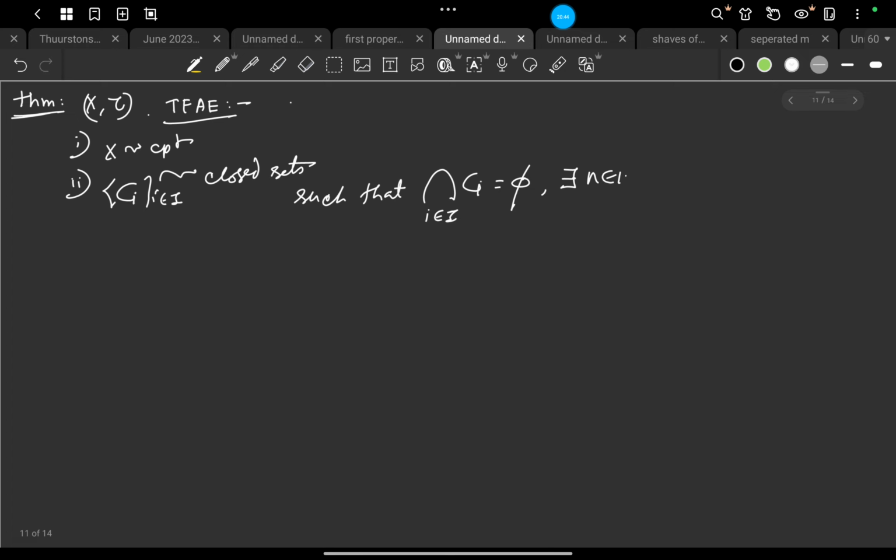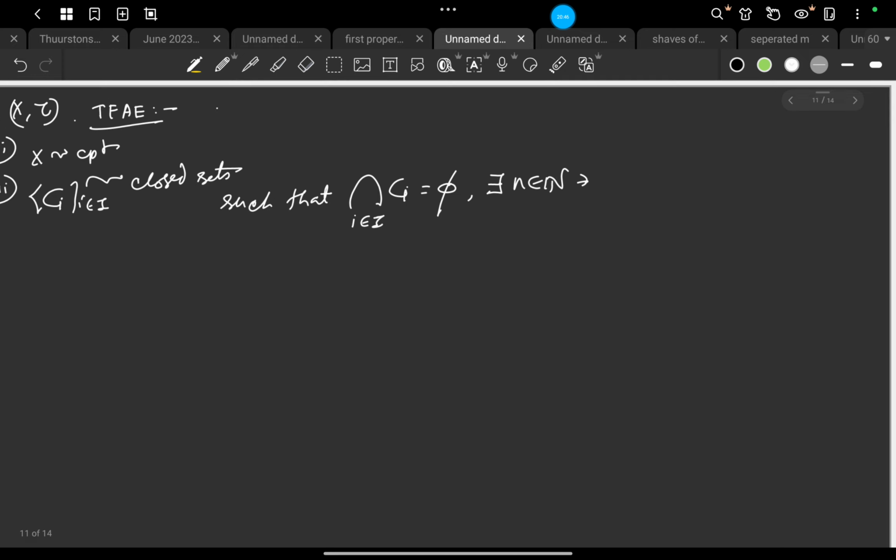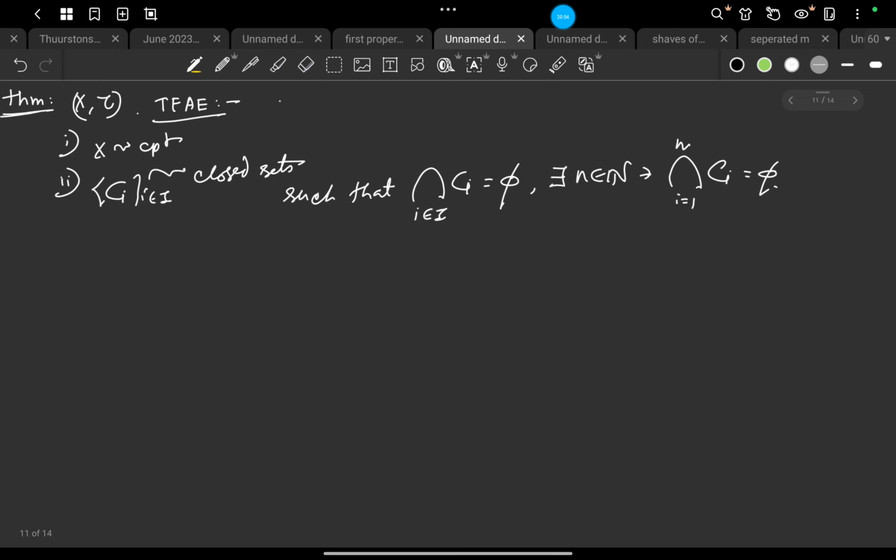Then there exists n belonging to the natural numbers such that the intersection of i equals 1 to n of C_i is empty. That means any collection of closed sets with empty intersection has a finite subcollection that also has empty intersection.